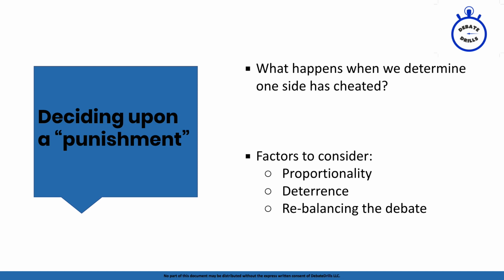The technical terms I want you to write down in your notes is that people refer to this as drop the debater, abbreviated DTD, versus drop the argument, DTA. Please also note that people will synonymously interchange debater with team, and they'll synonymously interchange argument with position. So it can become drop the team versus drop the position. And this is the portion where we call a paradigm issue on the punishment that is administered as a result of cheating within a debate.